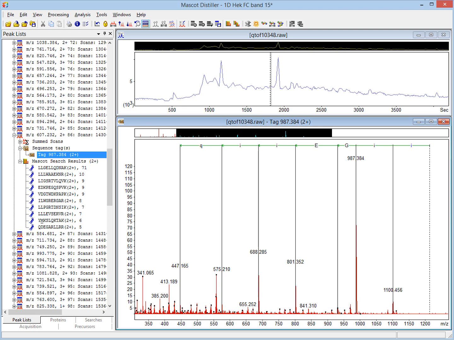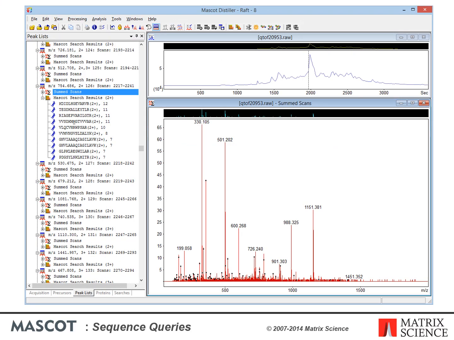That is a rather artificial example, of course, because we have a good match from the database search, so no one would need to call a sequence tag. Alternatively, you can automate the process entirely by using the de novo algorithm. Here's a nice spectrum in another dataset where the Mascot database search has failed to find a match. If we right-click the peak list and choose de novo,